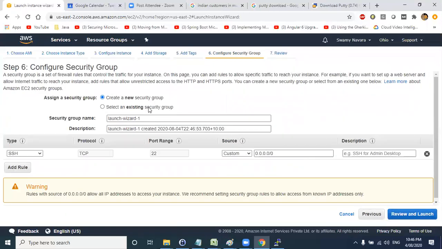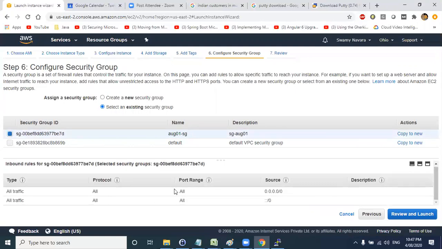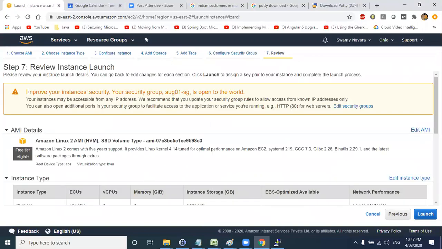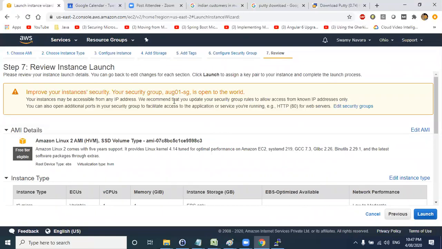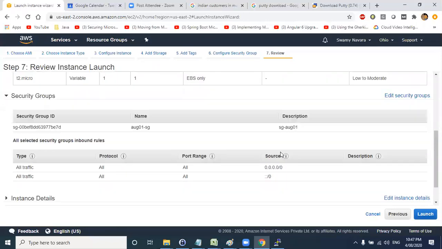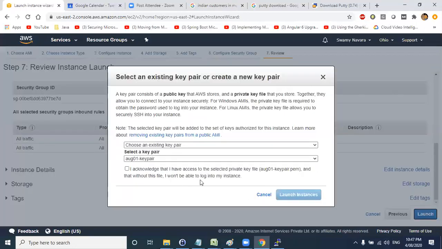So here comes the security group, right? Yesterday we already created a security group which will allow all the traffic. If you go to existing security groups, you can see this is the one, the August 1st security group which we created yesterday. Select the security group. If you see here, all traffic. Now review and launch. You can see a warning here. They are telling you have allowed external access. I mean, the security group has complete external access, which is not safe to have, but still fine because we need to connect from external. So just review and click on launch.